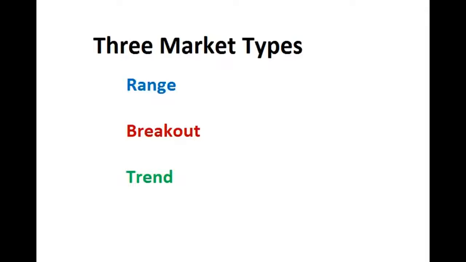Now, once again, the three types of market conditions we can look for are range, breakout, and trend. I color-coded these for a reason. Breakout, red, you would expect some high-level volatility and some action. That's exactly what we look for in those kinds of circumstances. Now, I know most of us would be looking for breakouts right now, but that might not necessarily fit the conditions that we have. It's actually pretty hard-pressed to find a really good-looking breakout that fits all the